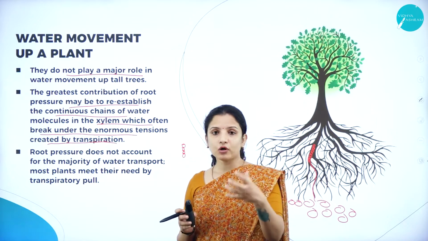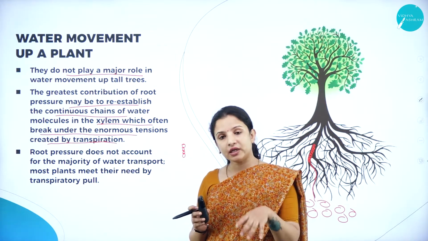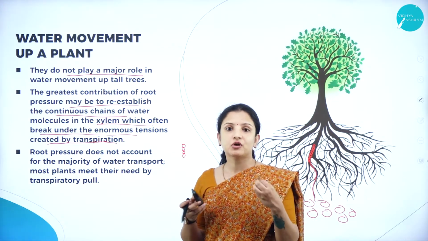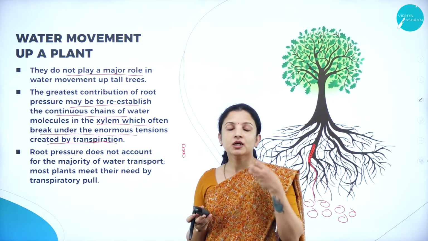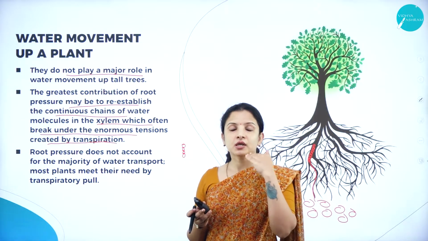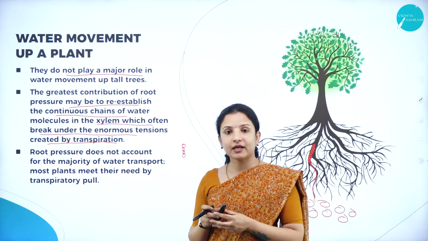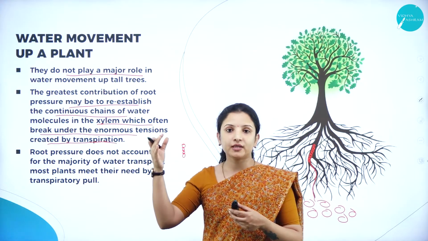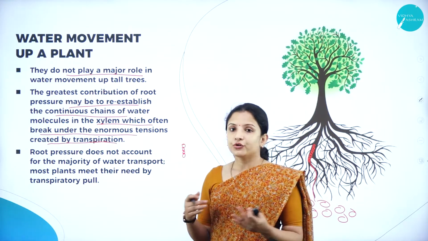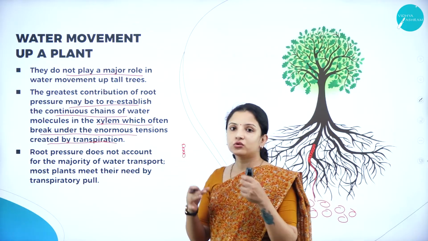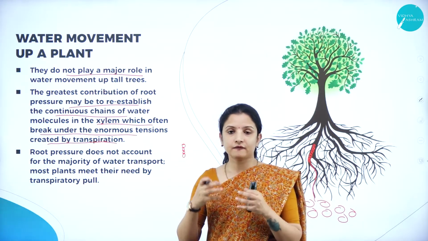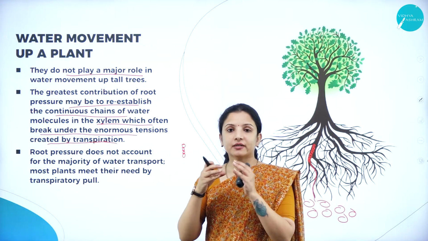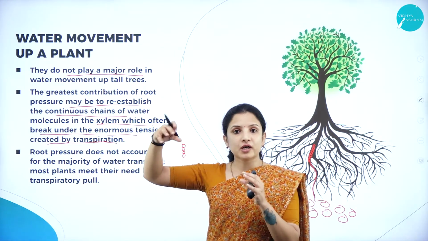Because we know, will the plant only be absorbing water and storing it inside? No, there is a process called transpiration also, right? So what happens in transpiration? The water, during the daytime, will move out of the plant's leaves through the openings called the stomata, right? So here the root pressure is not enough for the water to get filled back into the xylem. That is, the molecules will not form a continuous chain.